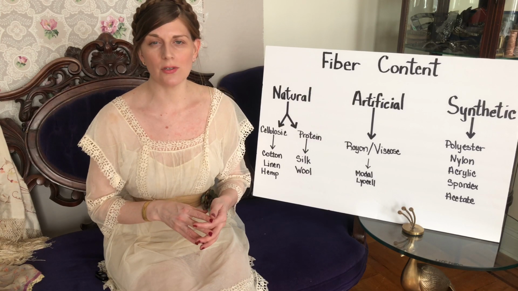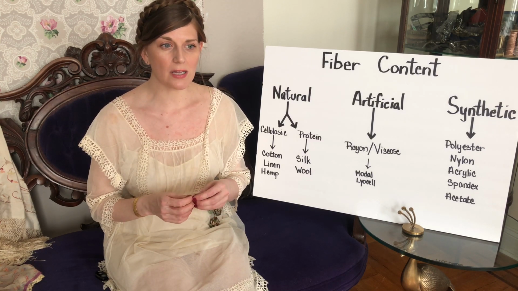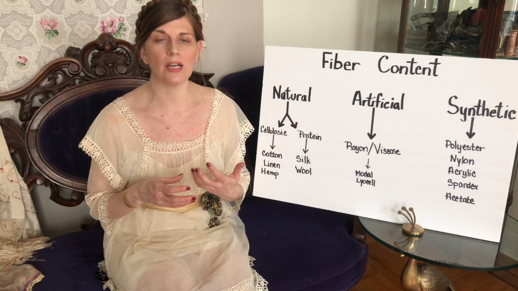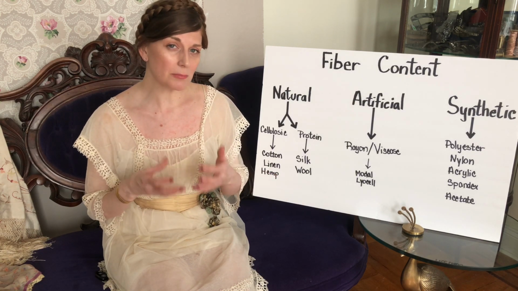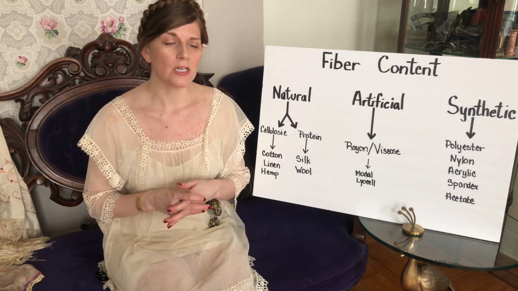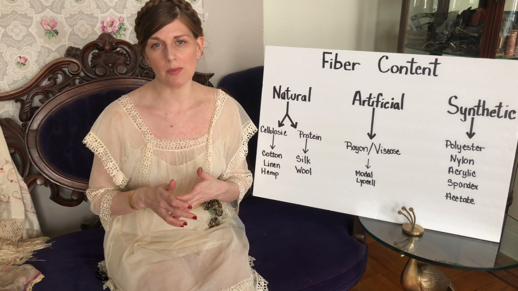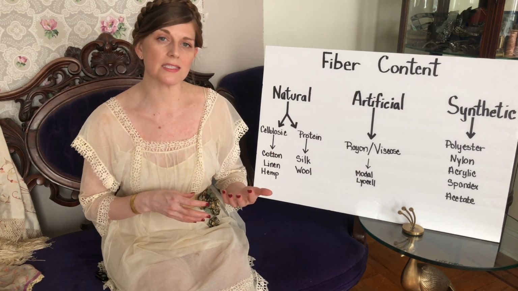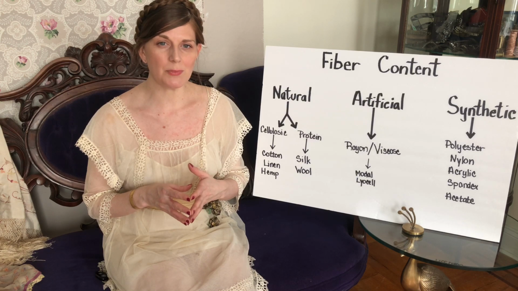Silk is made from the cocoon of the silkworm, which has been unspooled. And what's so neat about this is that you can unspool the cocoon and you get one long fiber. You get this monofilament, and it's the only monofilament in the natural world. So while from a contemporary standpoint, it's hard to understand the importance of this because we have so many monofilaments in our synthetics and our artificials, from a historical perspective, this was pretty neat because you were able to get